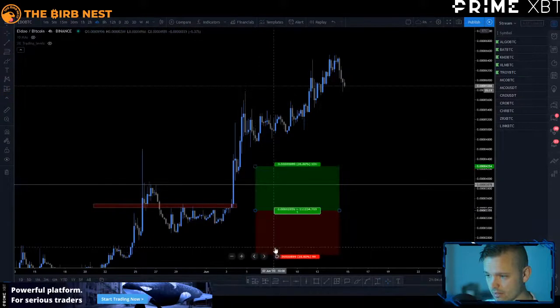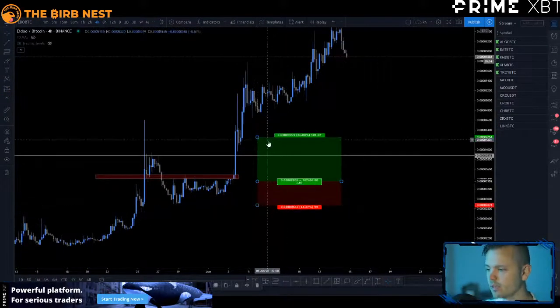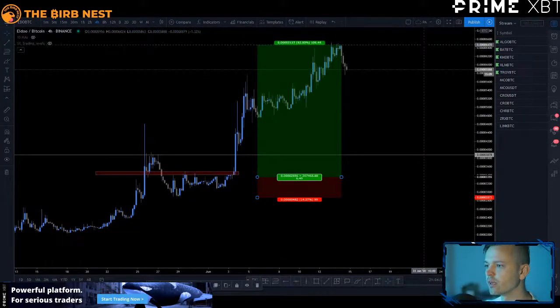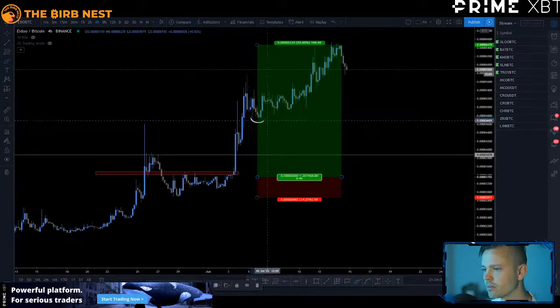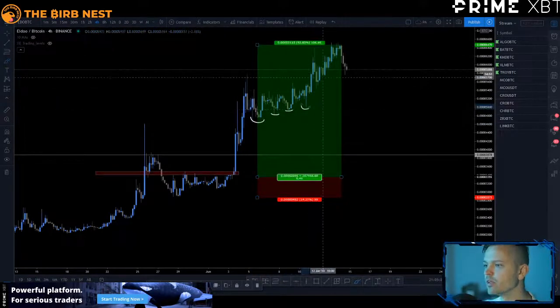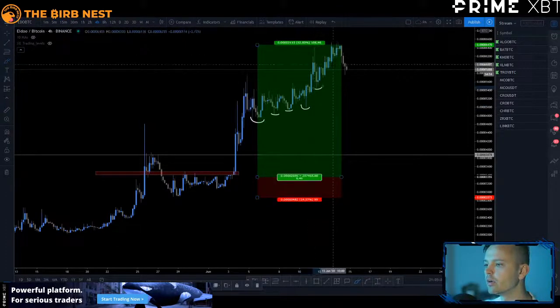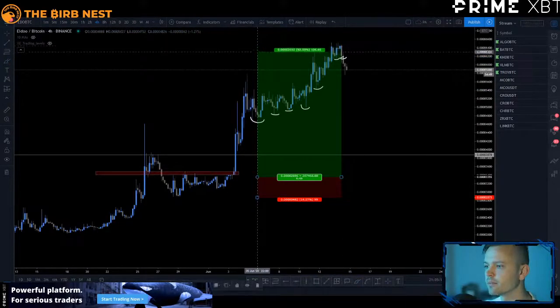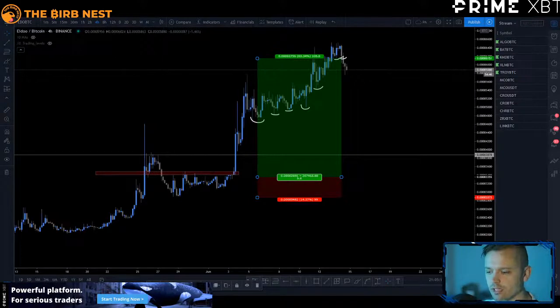I mean, the risk to reward on this one with a trailing stop, you could have just had your stop on every new swing low, and you would never have gotten stopped out unless, up here, you put your stop loss here and get stopped out here. So that's going to be a 5R. So even if you risk 0.25, it's still going to be 1.25% of your portfolio